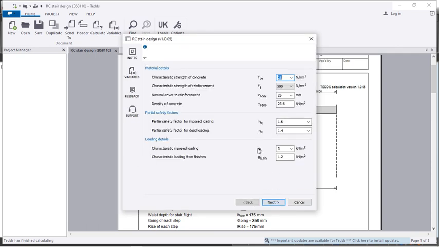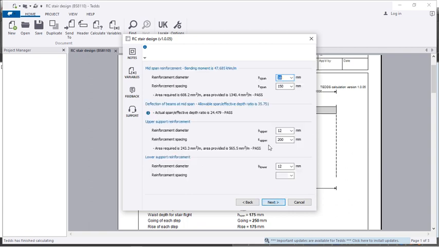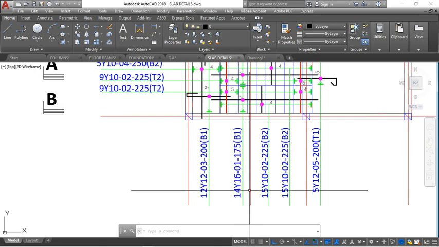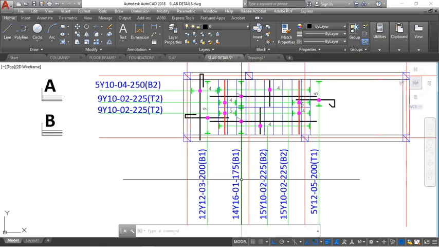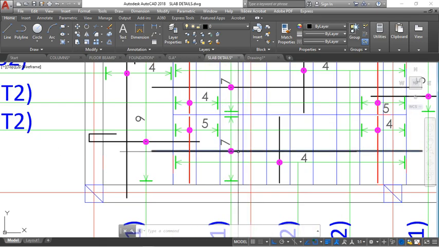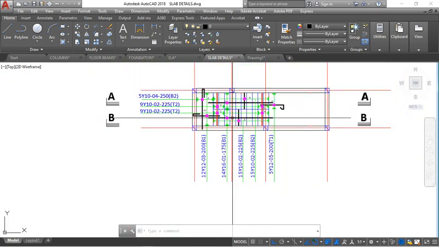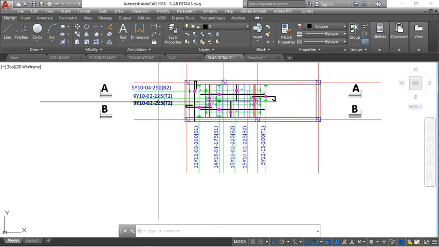So you can have your design, then you select your material appropriately as you would execute. Then this is the loading tree. So whatever, you get your information, then you edit your drawings as required, the spacing. So I have the reinforcement, the main reinforcement 16 dia at 175 spacing. So I did the editing